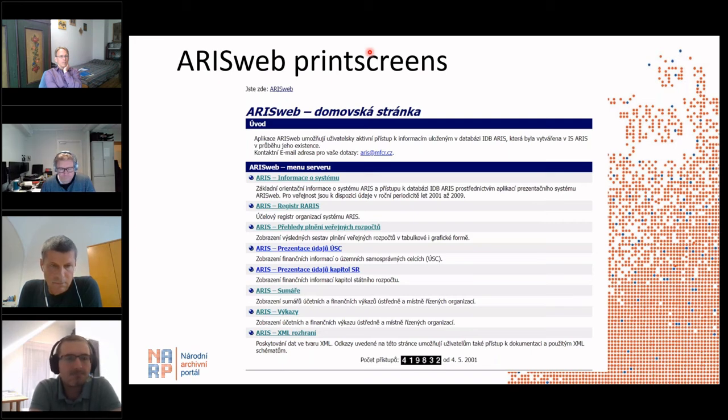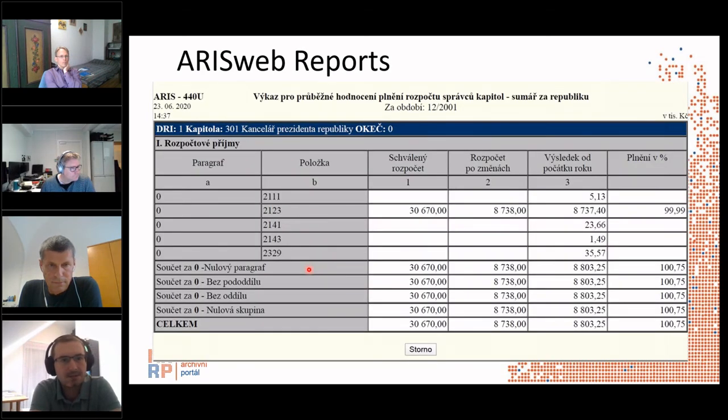This is how the main website of ARIS Web looks like. There you have some basic information about the system. There is a registry called RARIS, and there you can search for financial reports. And this is how a financial report looks like. This is a financial report from our presidential office for the year 2001.